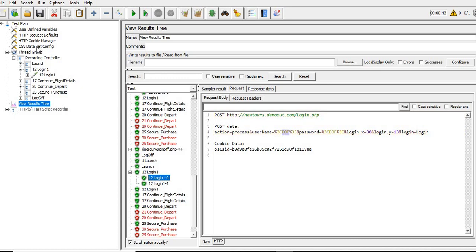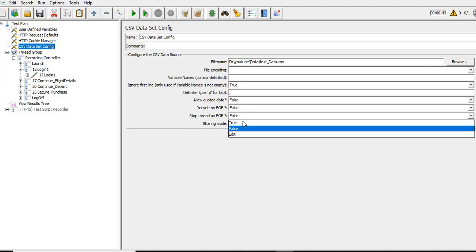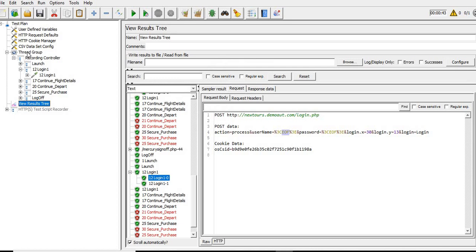So what can we do now? We have the next option as well, stop thread on end of file. When we mark recycle false, we should stop the thread, so we are making it true over here. If we stop the thread on end of file, what will happen now?